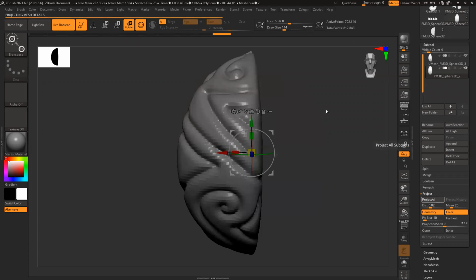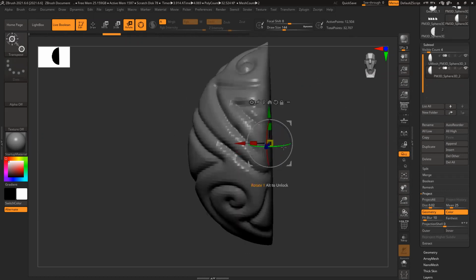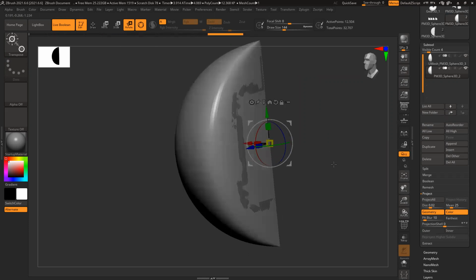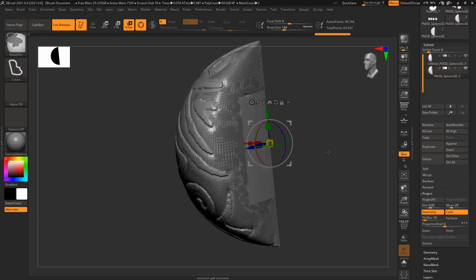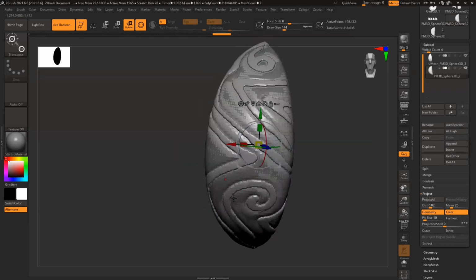So it's projecting. I'm doing it wrong, I believe. It should cover that design. Sorry, my mistake. Control D, project, Control D, project. So I can project all these things like this, but it's still creating this weird shape.